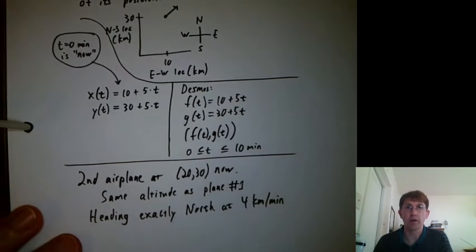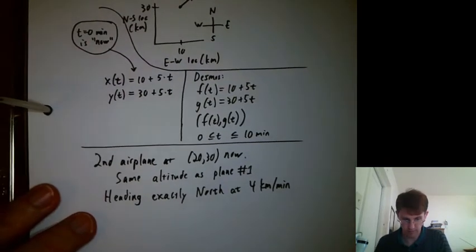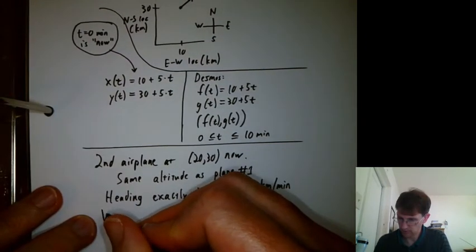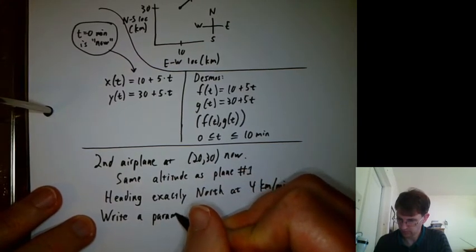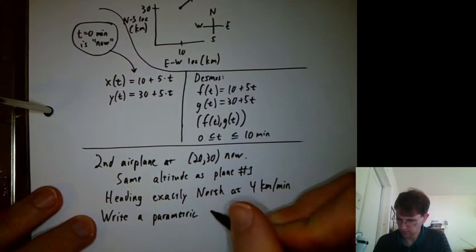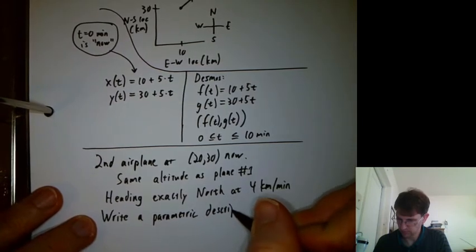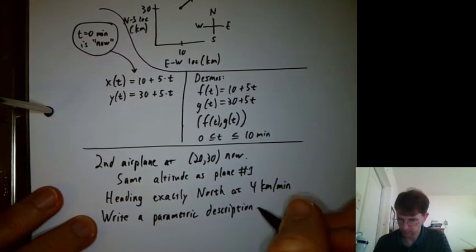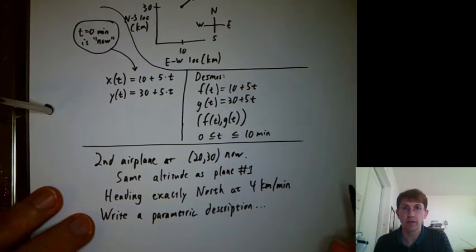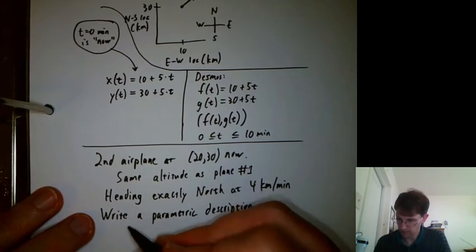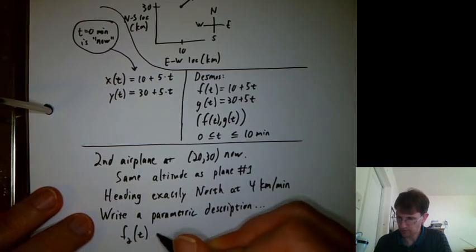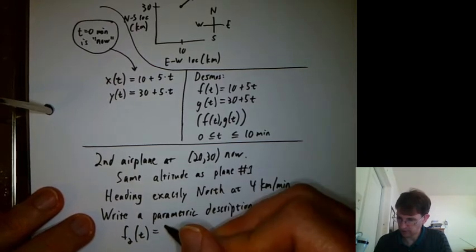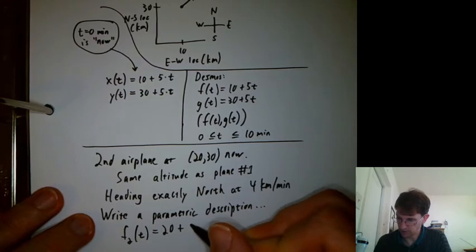Go ahead and write a parametric description of its location. So pause the video while you do that and then come back. Okay, so I would say f2 of t for the second plane equals its current x position plus what's its